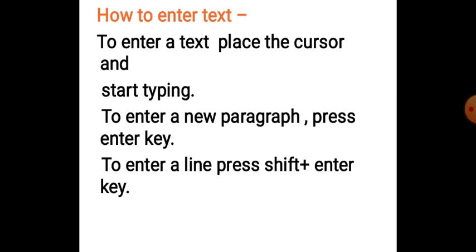Now, as we have opened the Word window, we will enter the text. For entering the text, we just place the cursor and start typing. If you want to type anywhere in the document, just click with the mouse and place the cursor and start typing. So this way we can enter text, we can write a poem, a letter, a story, question answers. We can do work that is related to typing in Microsoft Word. Whatever typing work there is, we can easily do it in Word.